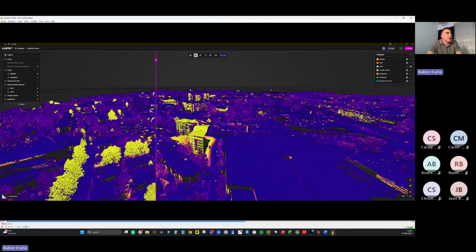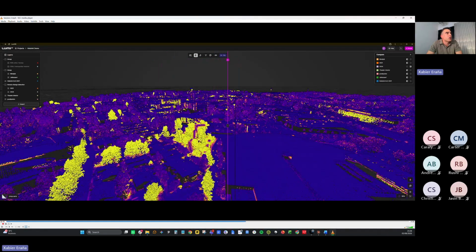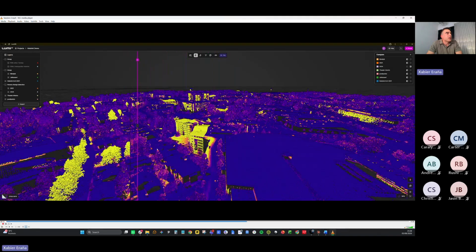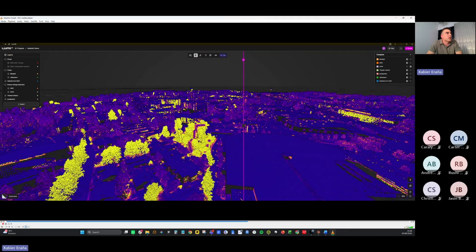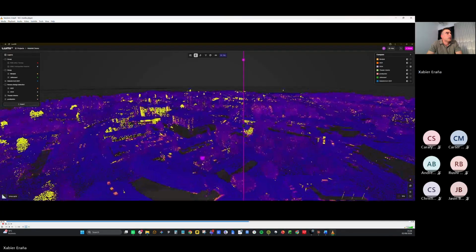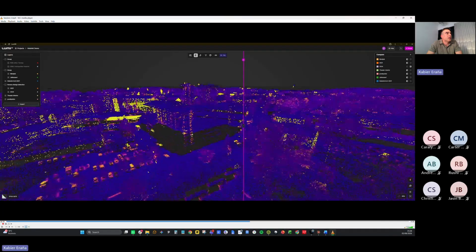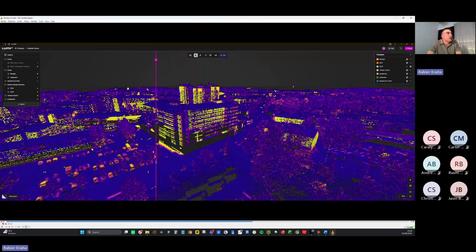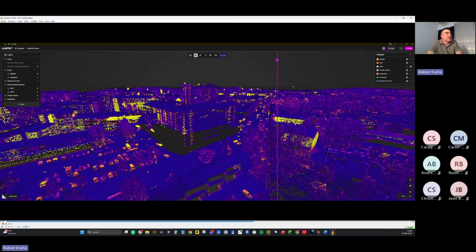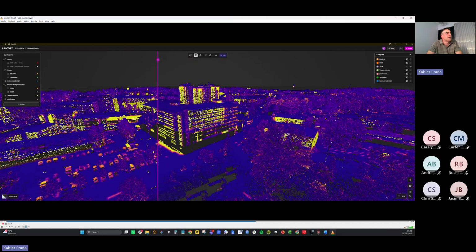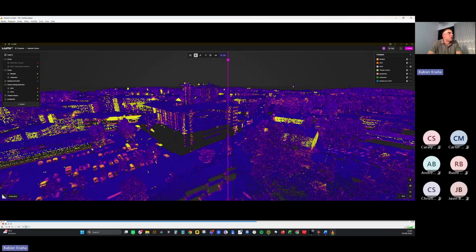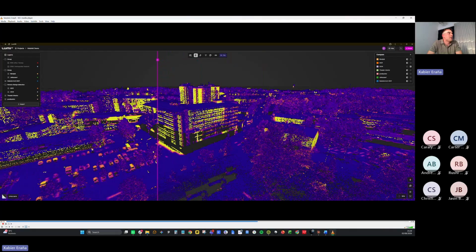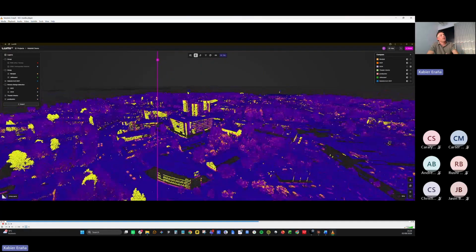And as you can see, the yellow color represents change. And there has been a significant change in this given area where there used to be a park, there is a building. But not only that, the scan from the year 2021 did not have any hits on the facade, or it had limited hits on the facade. The one in 2024 contains a lot more hits. So it also talks about completeness.